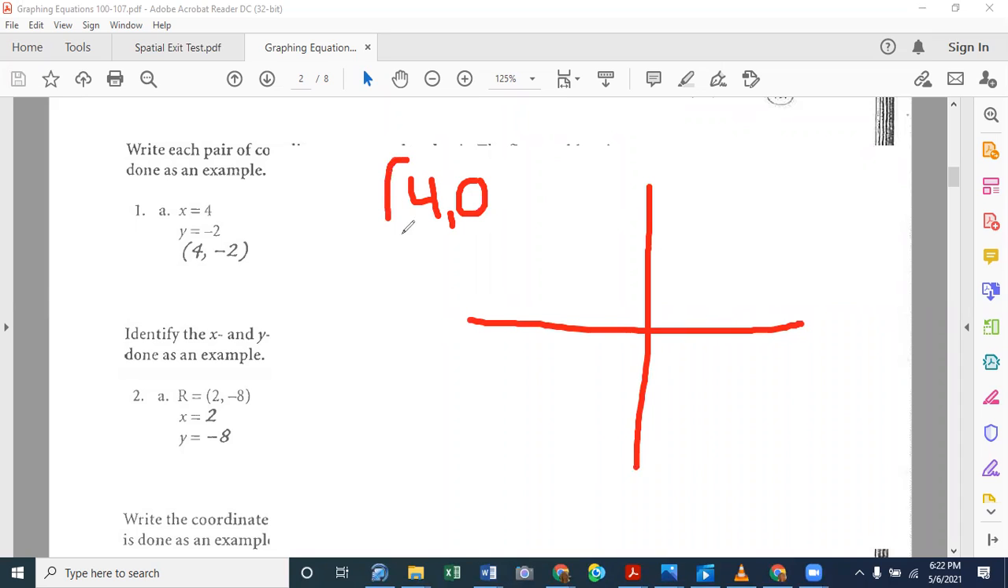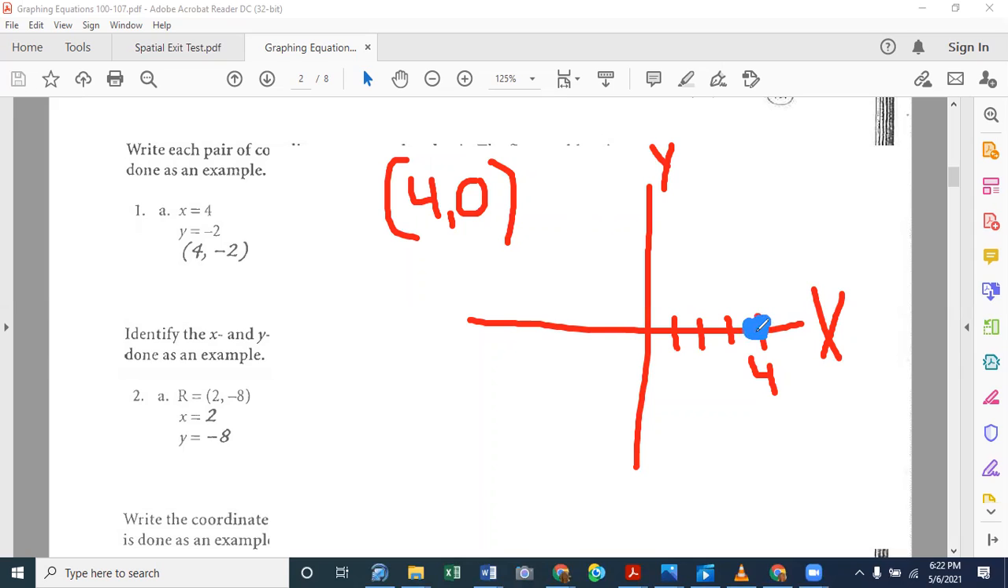Well, 4 is your x value. This is x. And 0 is your y value. So you would find 4 on your x point, and how much would you rise above it or below it? Nothing, right? Because it's a 0. So you would be right on